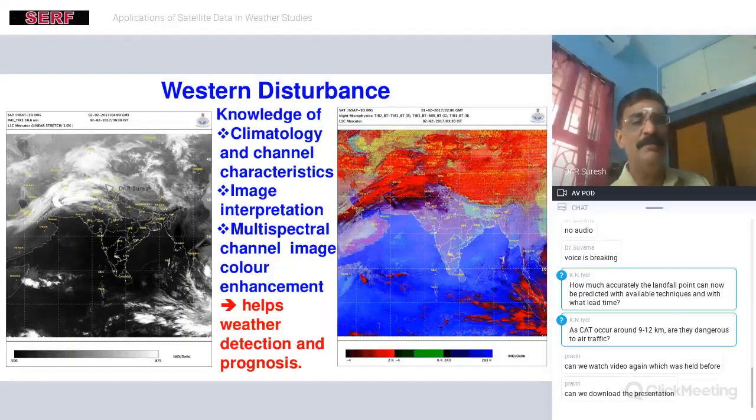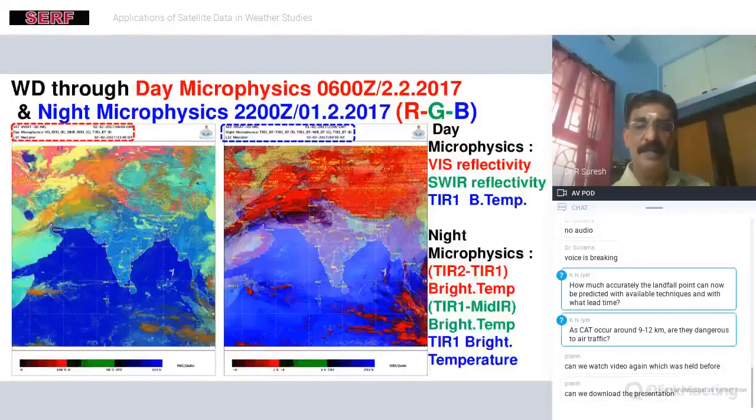It is very vulnerable, and it causes a lot of chill temperature, cold temperature, over Delhi and the northern pockets of India, and it gives hailstones, snowstorms, etc. So in a normal black and white picture, and then a visible color imagery picture, how is it different, and then in the multispectral way, how do we get the nature of small ice crystals and then large droplets contaminated with ice crystals, mixed